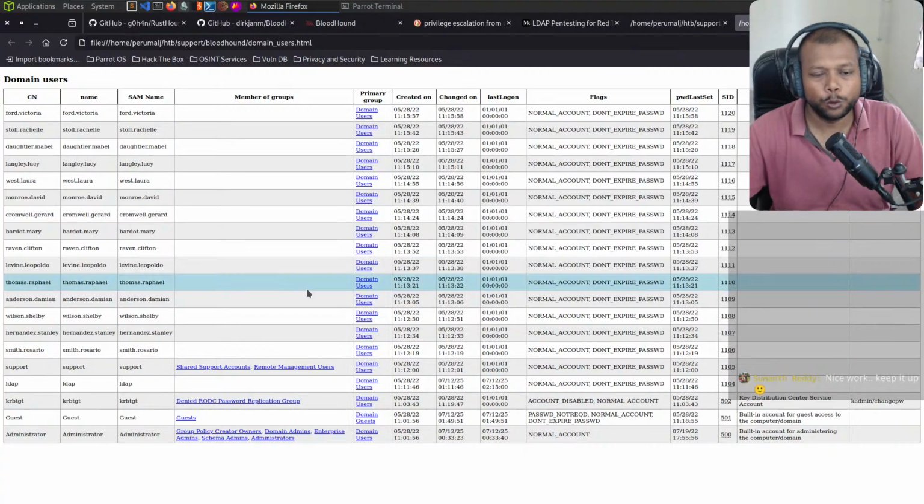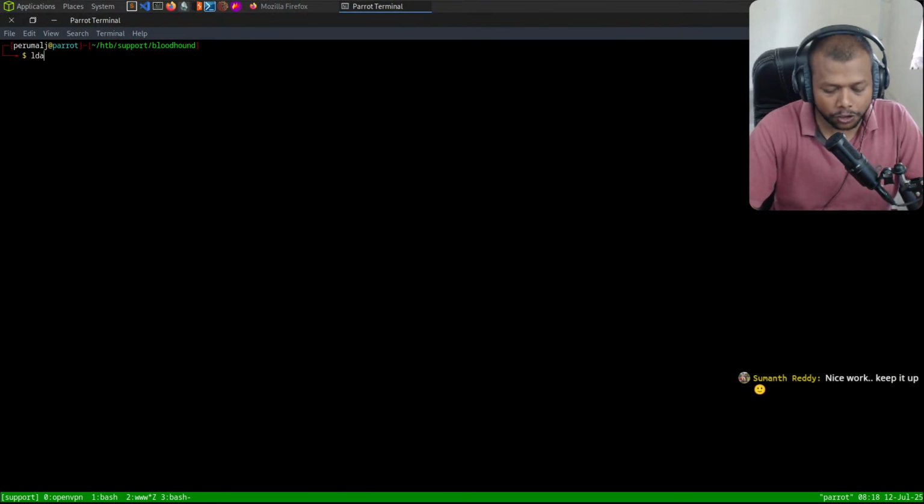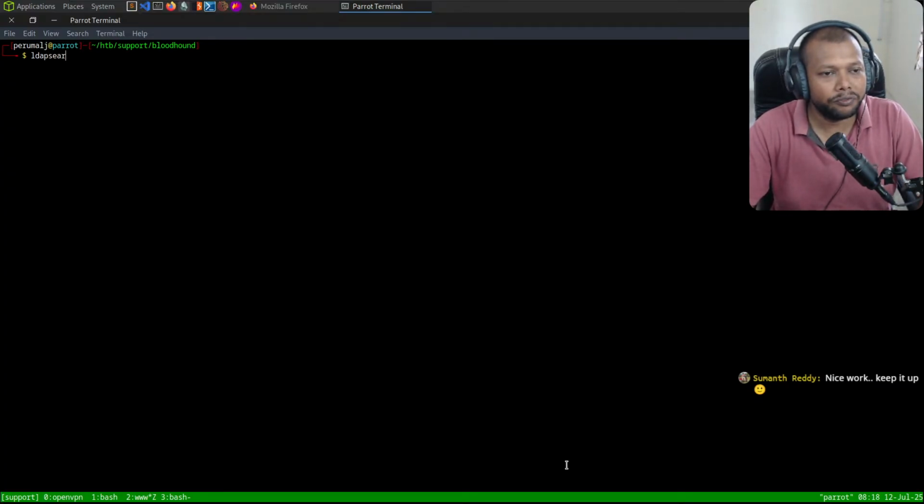Okay, I just tried a new tool. Okay, nothing else. Now I go to the LDAP search because I need to look at every field of the user